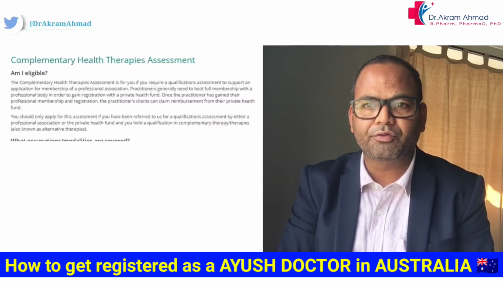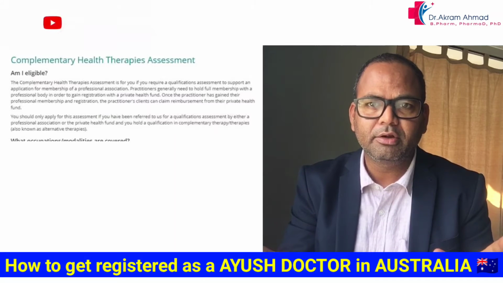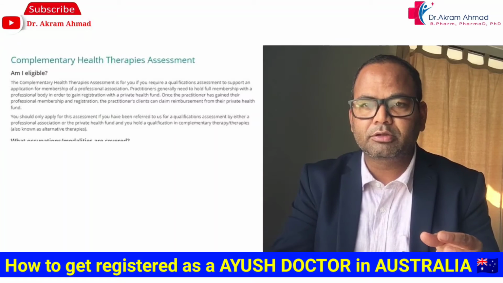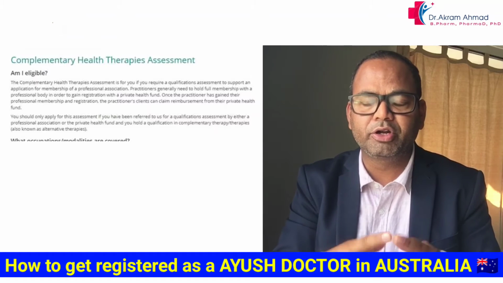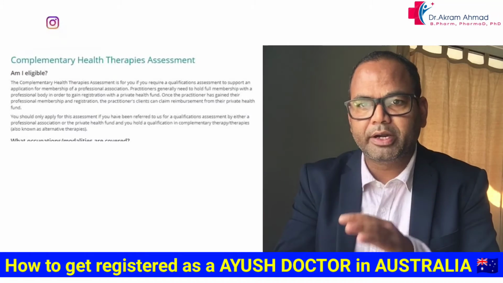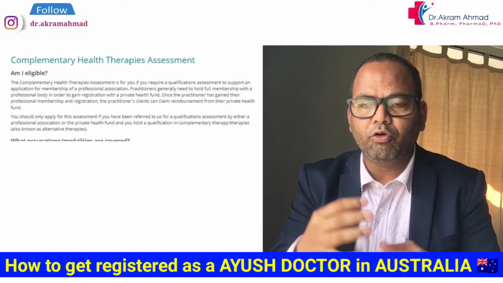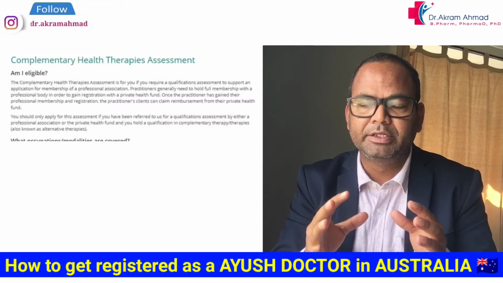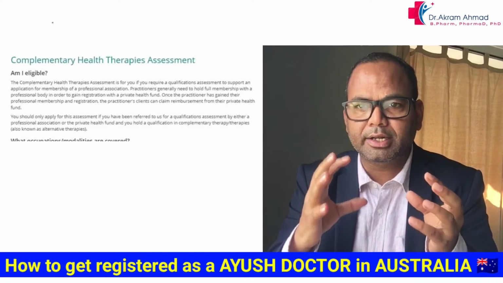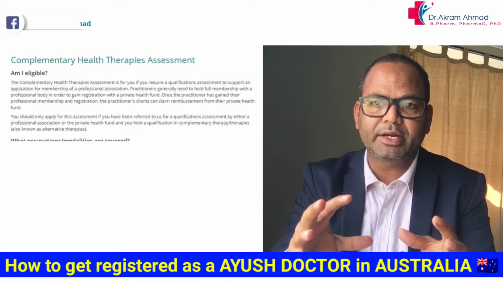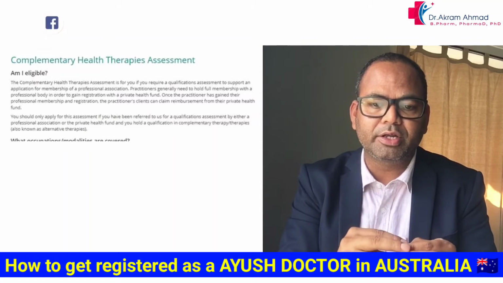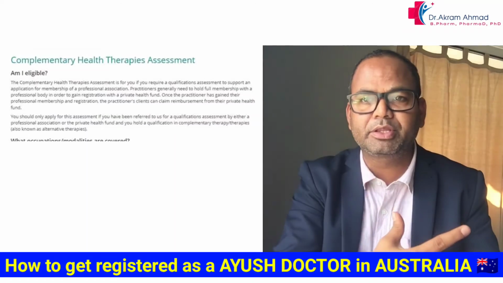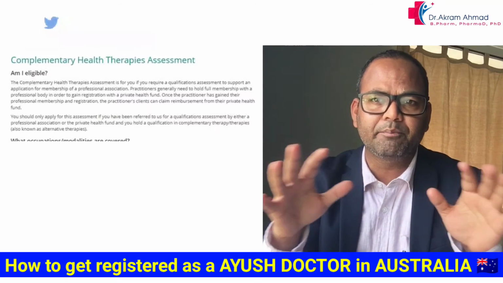For example, in Australia there is an Ayurvedic association here, so if you contact them, what is the process? If you already practice in India, you did your BAMS or you have 5 years of experience in India, and now you want to migrate to Australia, or you are already in Australia, you have to practice at least 200 hours with any registered Ayurvedic doctor. तो डॉक्टर के अंडर में आपको at least 200 hours की ट्रेनिंग करनी पड़ती है. After that they will give you a certificate, and maybe a letter, and after that you can apply for skill assessment. So if you are in India and you are trying to migrate to Australia, it is like impossible right now.